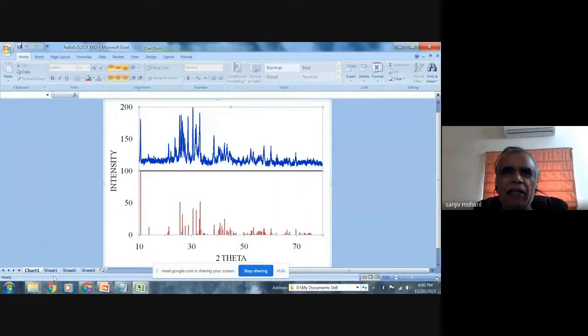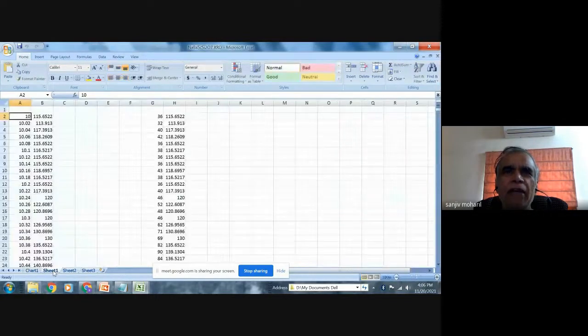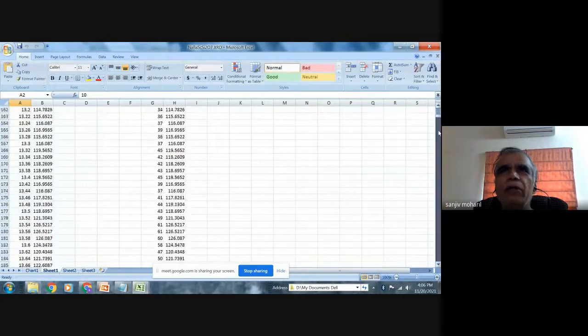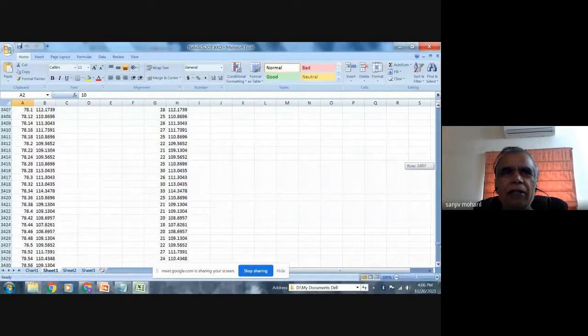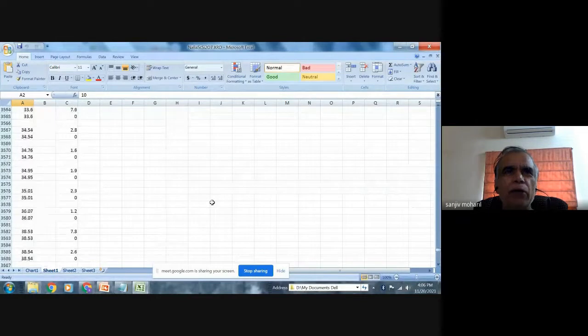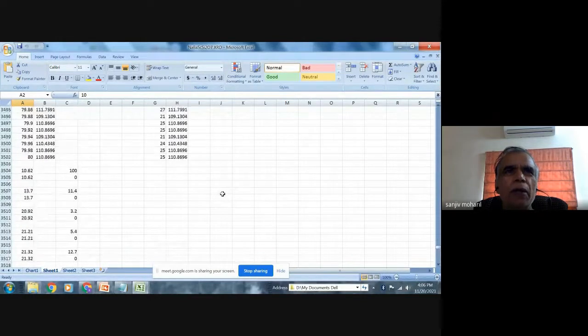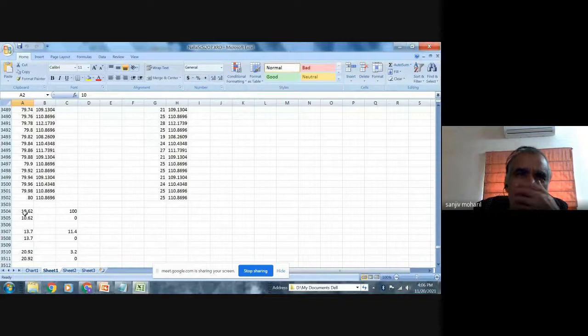The standard data I have taken from a file, which I took from ICDD. Whatever lines are there, I entered these lines manually. From the standard file, this was the data: this is the angle, and this is the relative intensity.